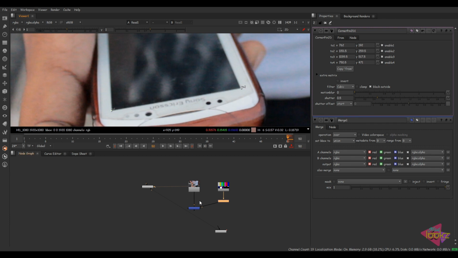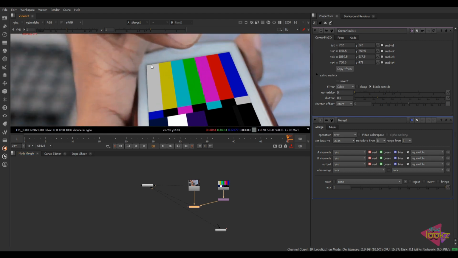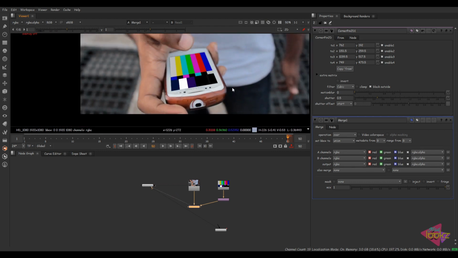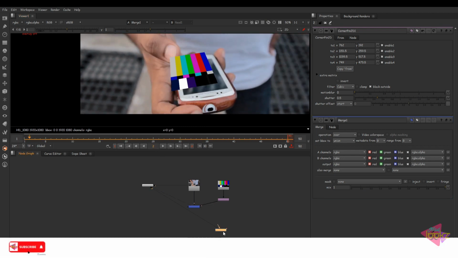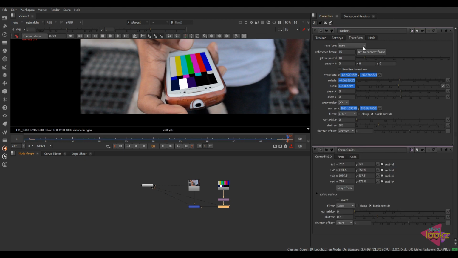Now let's merge. Now we have an element composited over the mobile screen, but we can see there is no tracking data yet. I know there are a lot of things we should do for a mobile comp, but this is not a tutorial for a mobile comp. So I'm just going to apply this tracking data here, give match move, and apply to set to the current frame, that is the 50th frame.